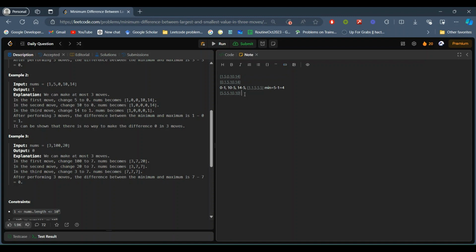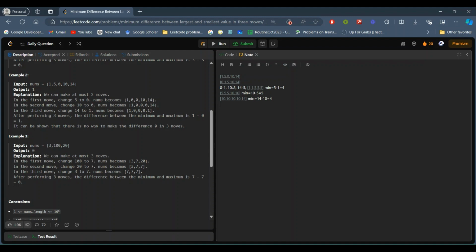Then the minimum difference will be 10 minus 5, which is equal to 5. And another way: here we have taken one value from the first, here two values from the first. Let's go with three values from the first. So our values will be 10, 10, 10, 10, then 14. So here also the difference is 14 minus 10, which is equal to 4.